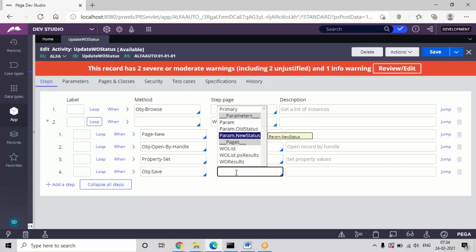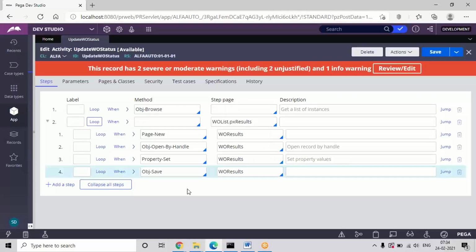So use obj save. And the next one is after obj save. Yesterday, in previous topics, I told you about transactional and non-transactional processing. If it is transactional processing, whenever we call obj save activities in a flow action, it comes under transactional. But here I'm not calling it in a flow action. I'll be using a commit API, because here itself I'm going to run this activity, in the same activity. So here we need to use the commit API.